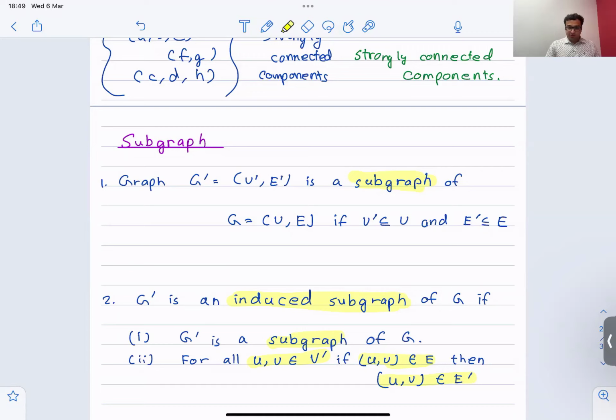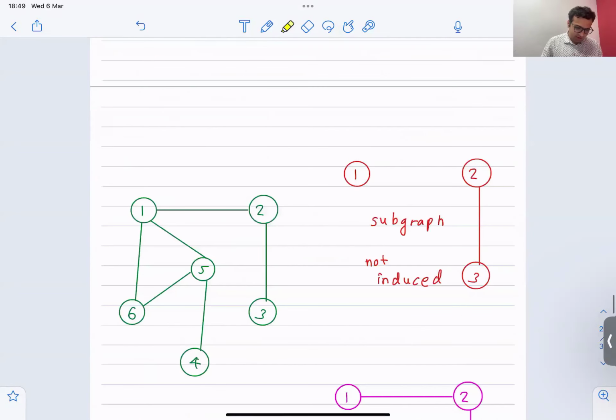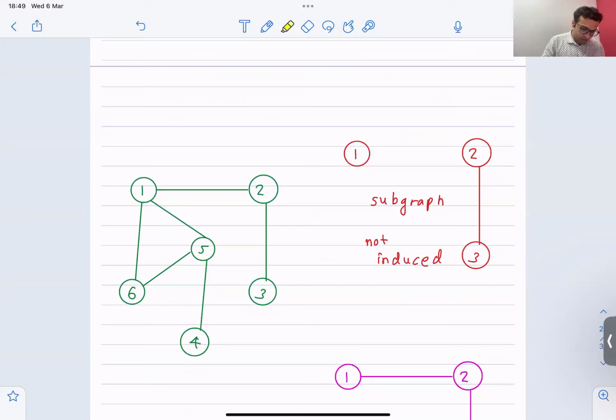I'll show you with an example. So I'm saying that first of all, you need G' to be the subgraph. And if you have two vertices inside V', and you already have an edge in the original graph, then you should have an edge in the graph E'. Okay, so I'll explain it with an example. So suppose you have,